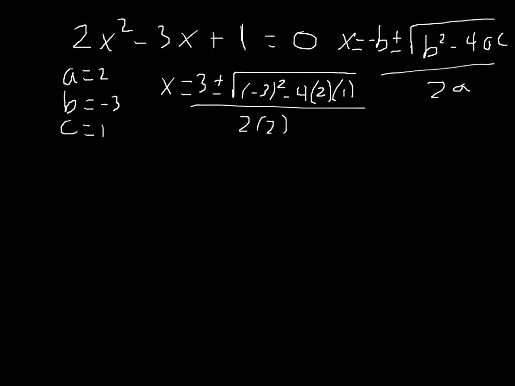And so we talk about, well, order of operations. We know that the fraction bar separates the top and the bottom, so we'll need to evaluate the top and the bottom separately. If we start with the top, or the numerator of the fraction, we'll need to simplify the radical first. So if we concentrate on that, that would be x equals 3 plus or minus the square root